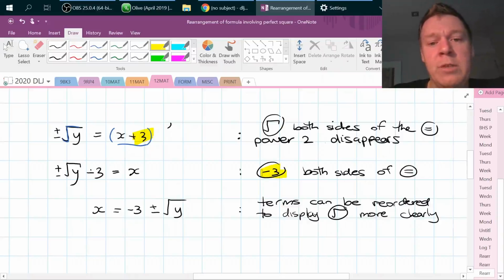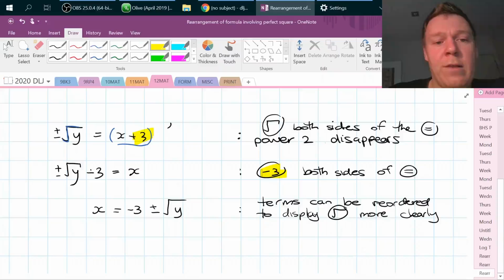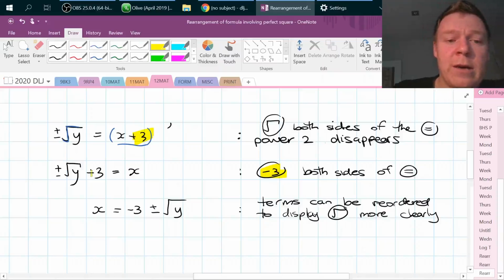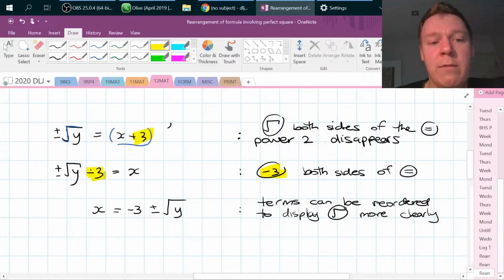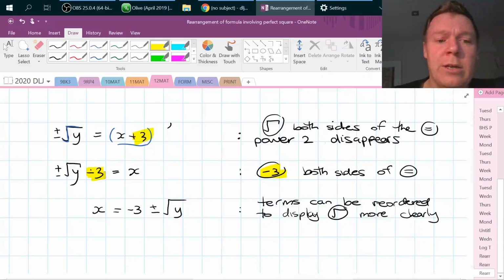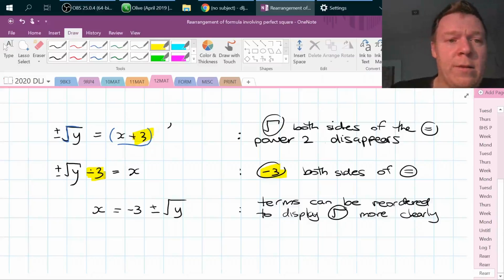We don't generally write that we've done this anymore. That's kind of a year 9 skill. These days we just move it to the other side and change the sign. So whenever something moves to the other side of the equals, you've just essentially added negative 3 to both sides. Okay, so that leaves us with